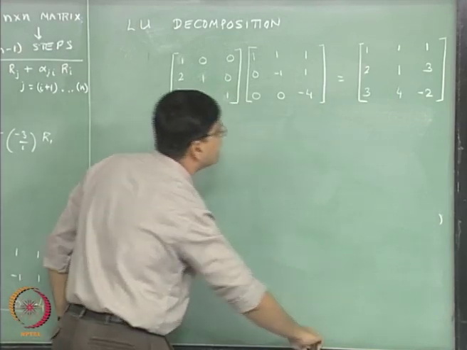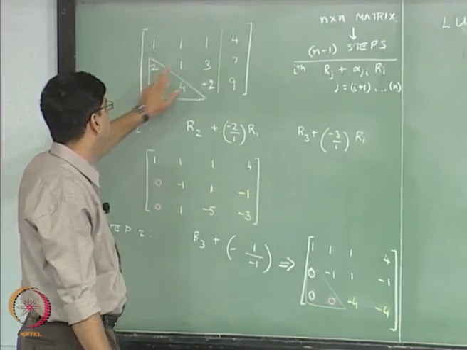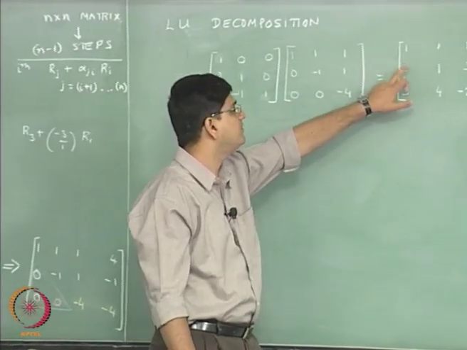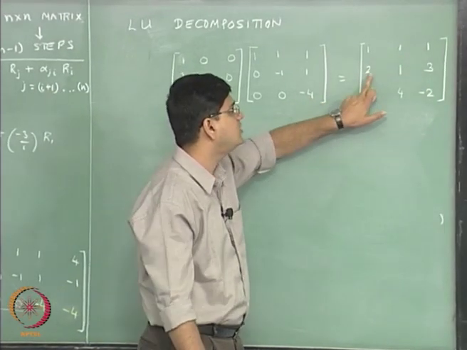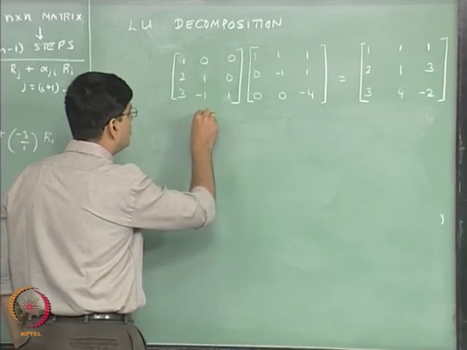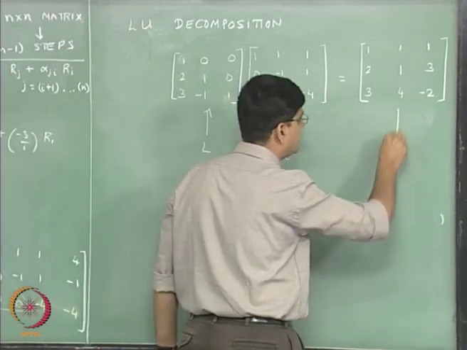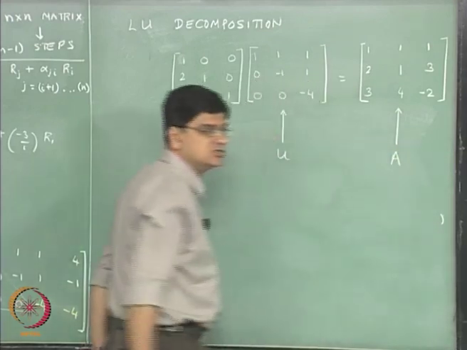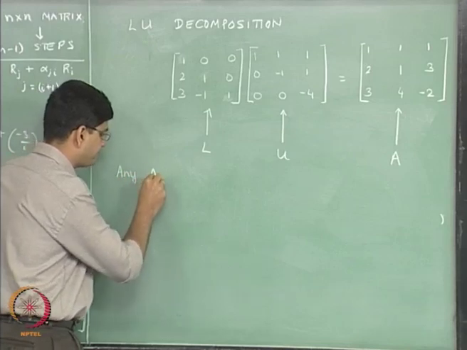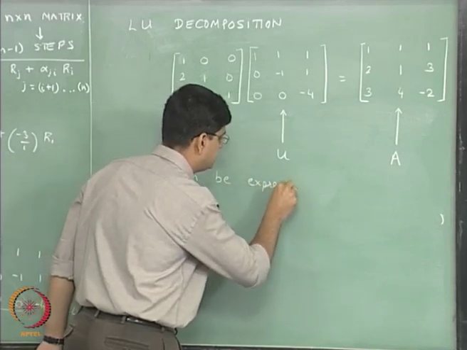Okay. So let us see what matrix this is. If we compare this with matrix A, 1 1 1, 2 1 3, 3 4 minus 2, that is exactly what we have got by multiplying these two matrices. Okay. So this is a lower triangular matrix L, this is an upper triangular matrix U, and this is the matrix A. So LU decomposition is nothing but any matrix A can be expressed